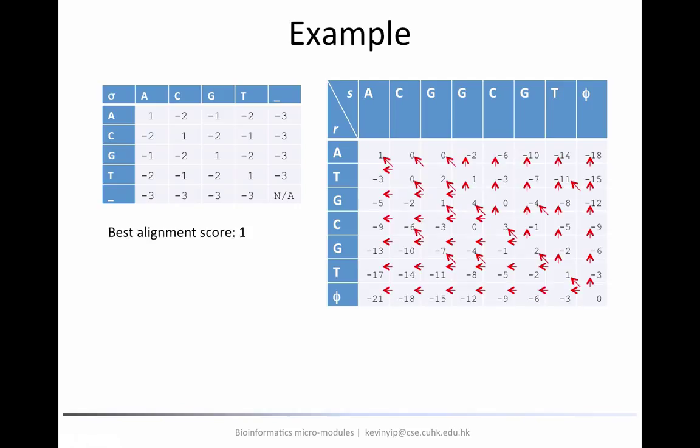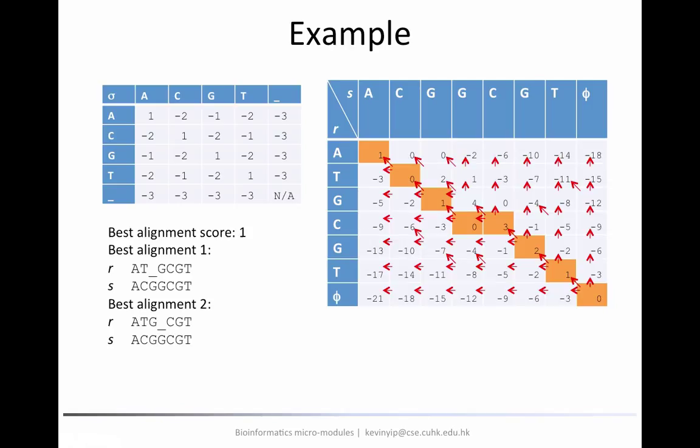Now, if we look at the upper left corner, we see that the best alignment score of these 2 sequences is 1 based on this scoring scheme. Now, if we try to trace back, then we can follow the red arrows backward. For the first cell, we don't have a choice. We have to follow the diagonal path. The second one, also the diagonal. But for the third one, we can either follow the horizontal one or the diagonal one. Let's say we follow the horizontal one. Then for the remaining, they are all diagonal. So in this case, the best alignment is like this. After having two matches, there will be a gap, and then there will be other matches or mismatches.